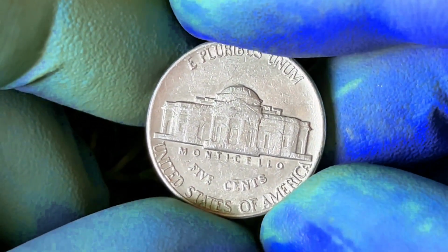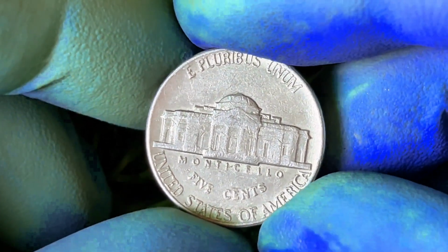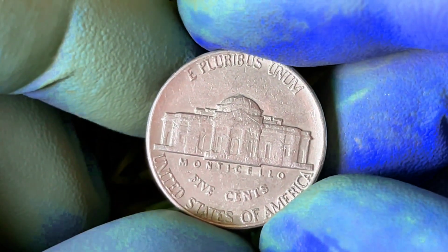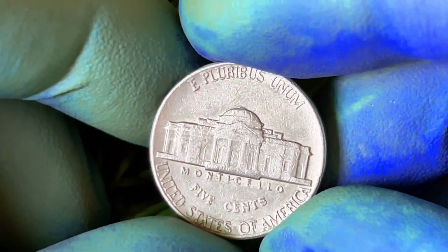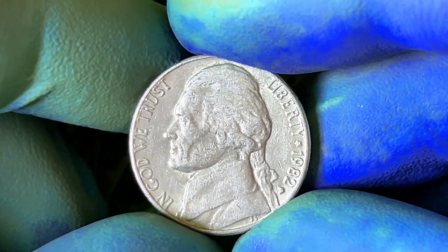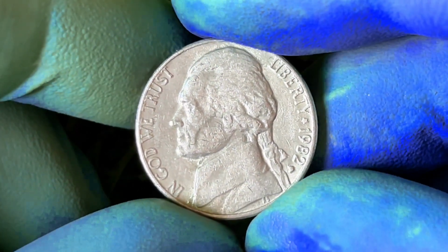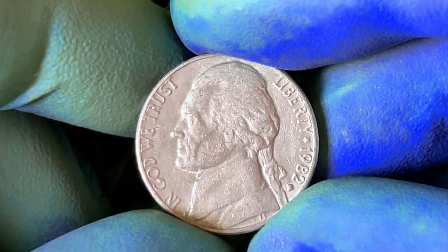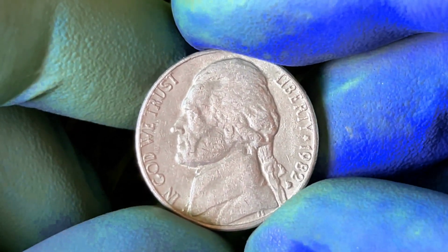Millions of people held them, but only a few knew their secret. Before we go deeper, take a second to picture it. A simple nickel, 5 cents. Thomas Jefferson's profile on one side, Monticello on the other. But look closer. The D mint mark, that tiny letter just beside Jefferson's portrait, holds the key to a mystery